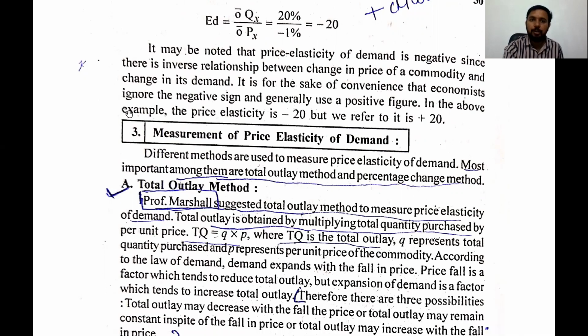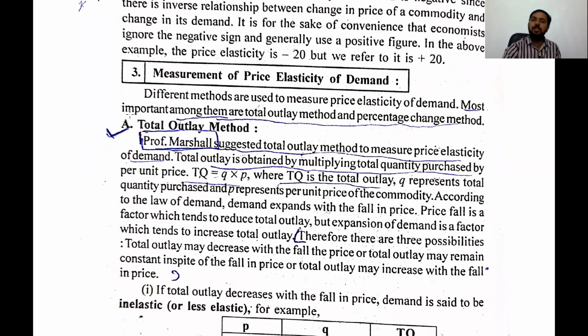Now we will move on to the measurement of price elasticity of demand. How can we measure the price elasticity of demand? Different methods are used to measure the price elasticity of demand. The most important among them are the total outlay method and the percentage change method. There are two different methods to measure the price elasticity of demand. Price elasticity of demand means